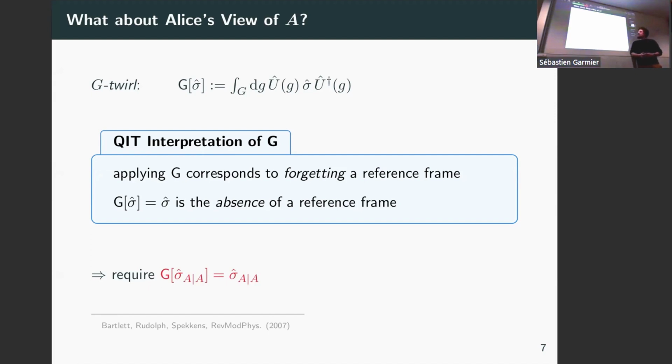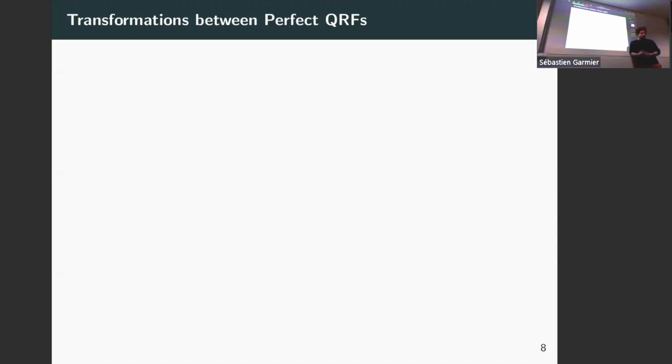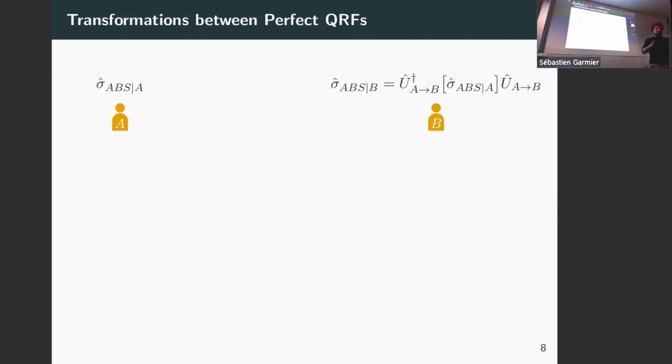Let's now go to the transformations. So we again have the setup from before. Alice will observe some state, now not just of S, but also of her own frame A and of the frame B of Bob. And then Bob will observe also another state, and there is going to be some unitary, this U dagger A to B. And we call this the quantum reference frame transformation.